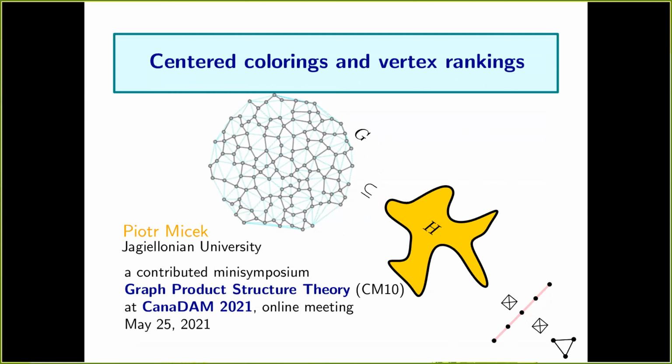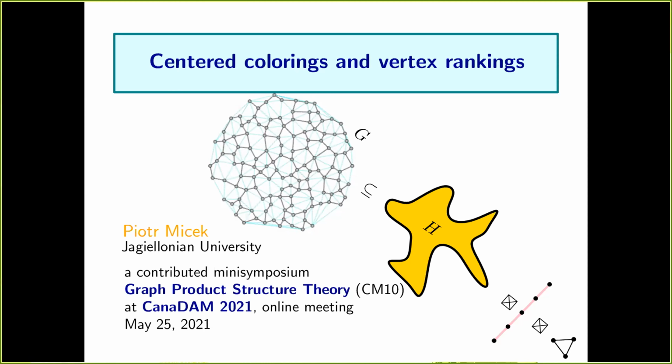Our next speaker is Piotr Micek, who is going to talk to us about two kinds of graph colorings. Yes, hello everyone. So the purpose of this talk is to show a quick application of the product structure theorem. We will just focus on planar graphs, so we're not going to go higher, although as you've seen, we are able to do so. And we will see two recent results, substantially improving the state of the art with a very simple, straightforward outline of the proof.